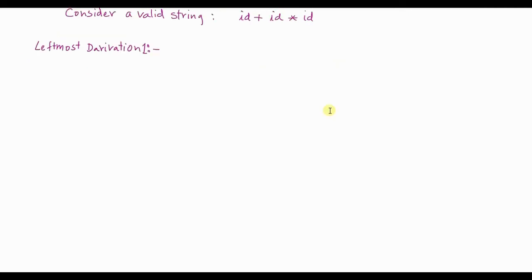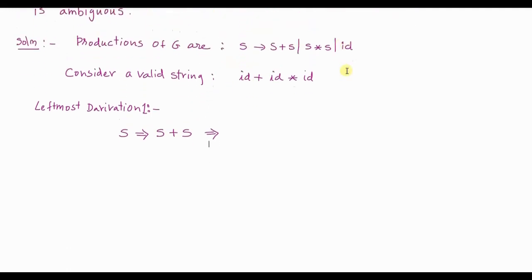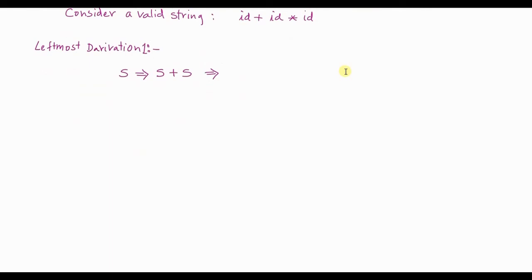So I start from S, the start symbol, and S is replaced with S plus S. Further, now I want identifier as the first symbol here, so S can be replaced with ID. So this is the leftmost element, I replace S with ID